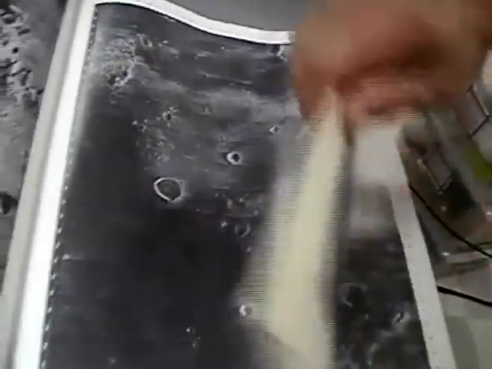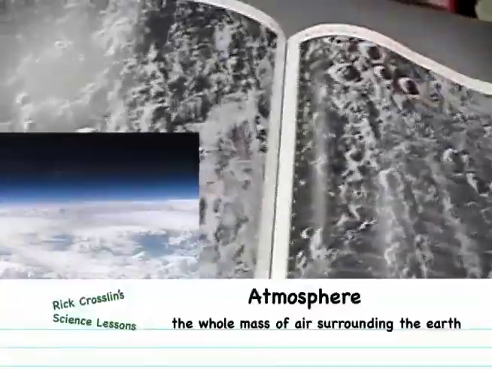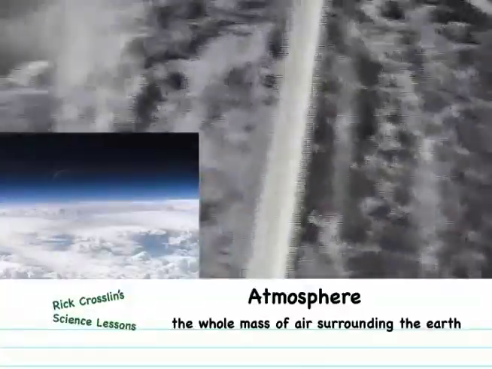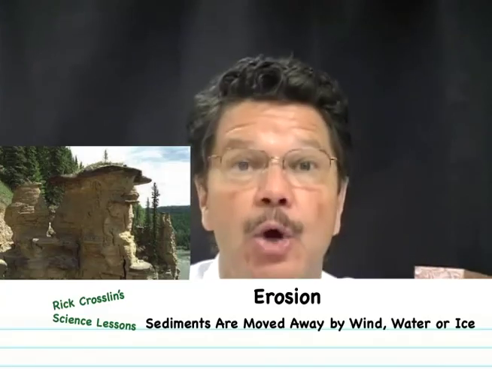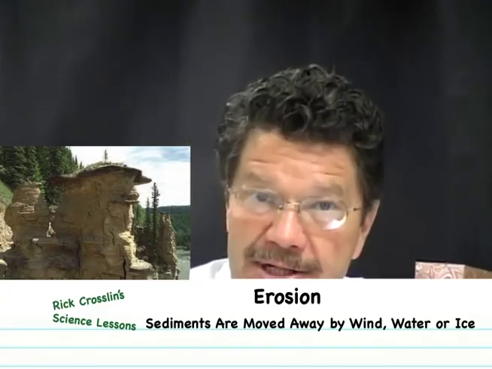Why? No atmosphere. And secondly, not only is there no atmosphere, on Earth, when we have an impact crater, our forces of nature, our wind, water, and ice, erosion, removes most of the traces